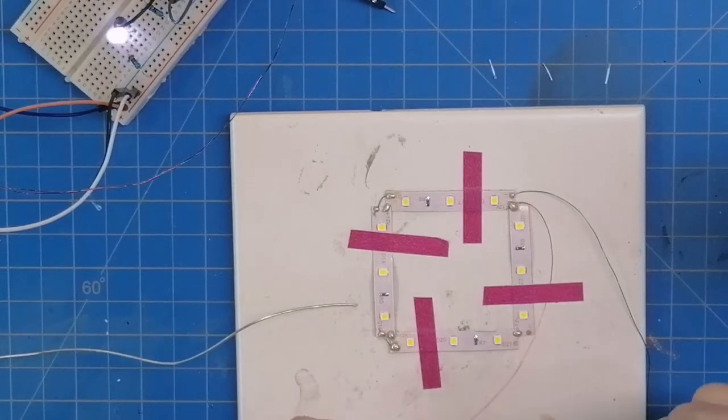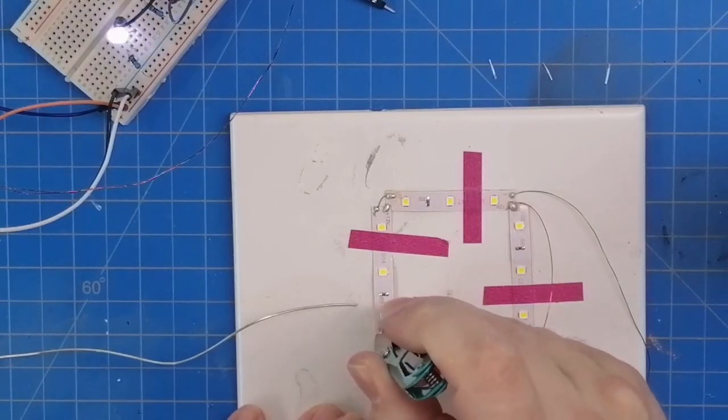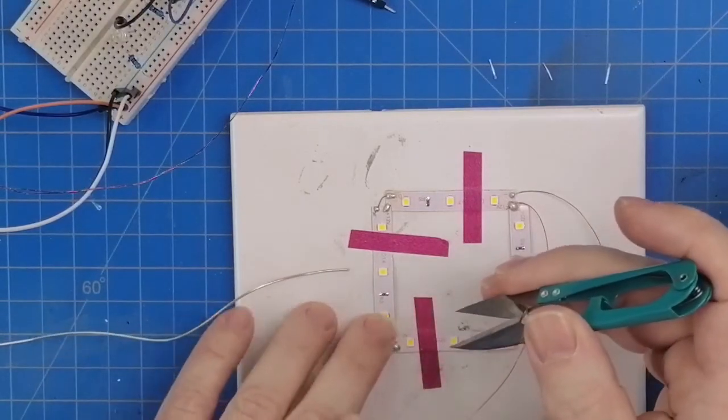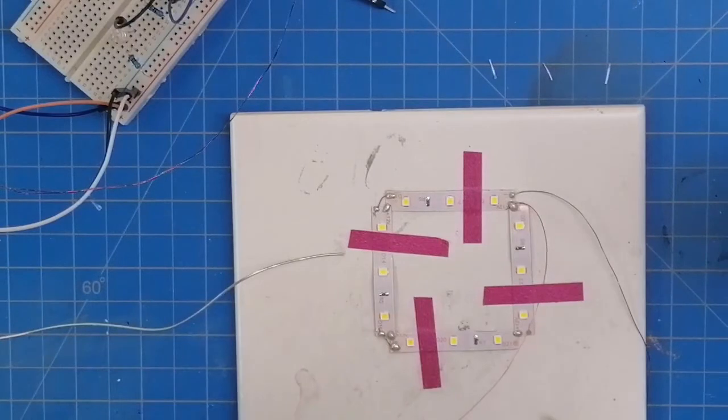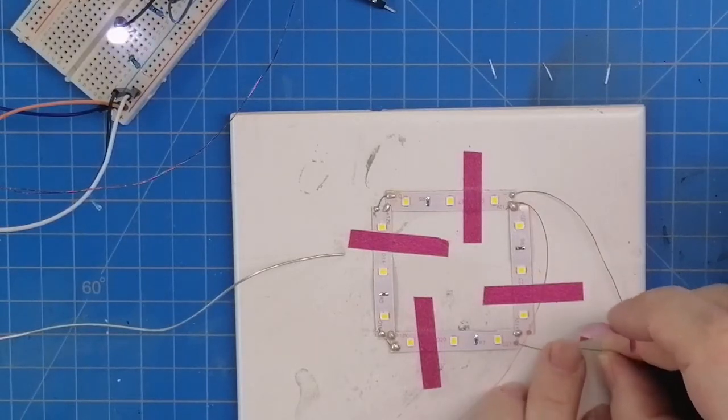So, last one. I'm not sure if you guys realize that the way I'm doing these is strategic. I'm right-handed, so I'm keeping my solder wire running to where I can get to this joint really easy with my right hand. And right here I've got a wire sticking out a little bit more than I like. Well, I ended up chewing up the white plastic instead. That should be okay. I didn't cut through the copper,